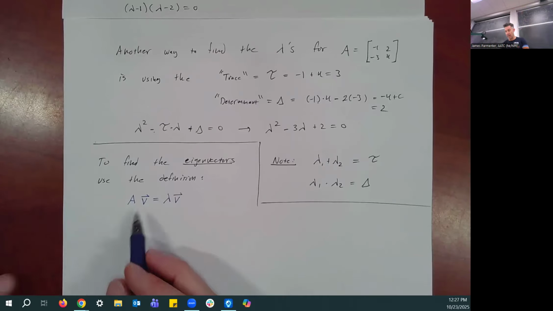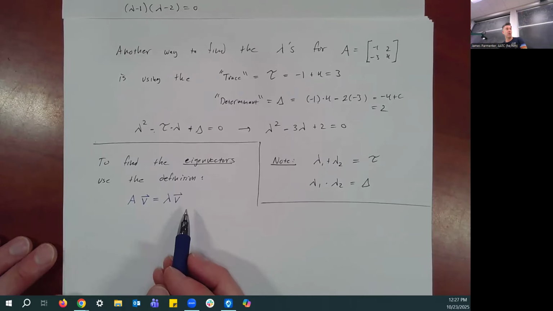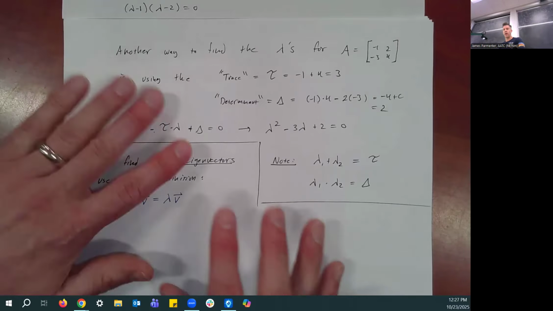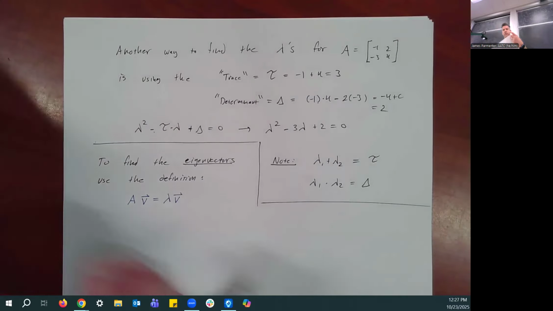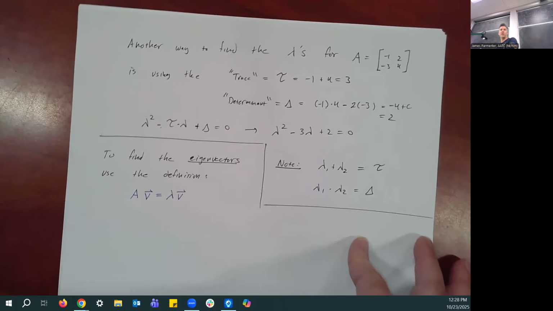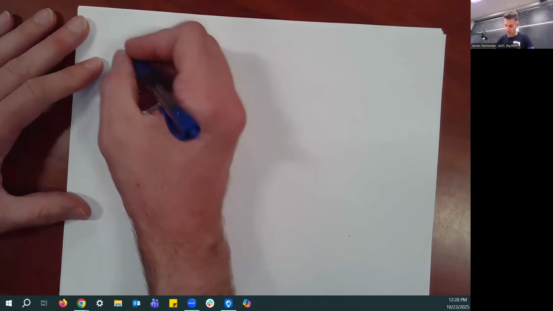You're just going to end up getting a multiple of that vector. I know it's been a while since we've talked about this, but in fact, I'm going to do something else. We're going to move away from this for just a minute, just so I can remind you of what's going on here. So here's a totally different example. I'm going to make up something real quick that's going to work. So real quickly, if we look at